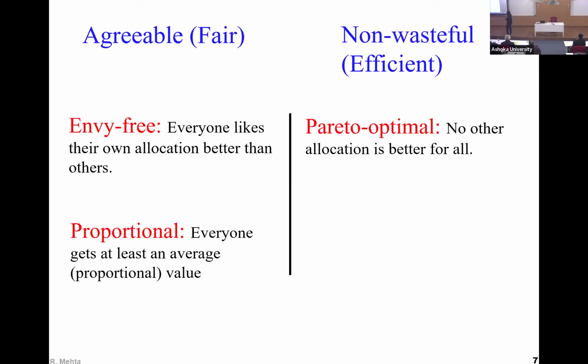You have to talk about efficiency also. And then Pareto optimality is an allocation where there's no other allocation in which everybody is happier, right? You say that, oh, let's reallocate and we all will be happier. Then of course you will all get together and reallocate, right? If there is no such allocation, then we say that this current allocation is Pareto optimal.